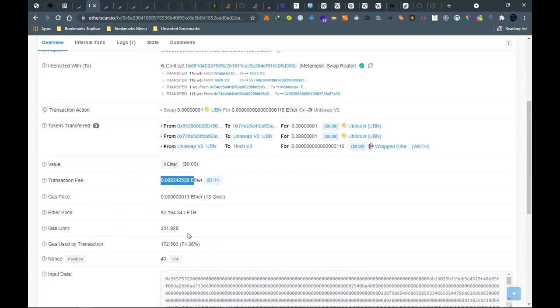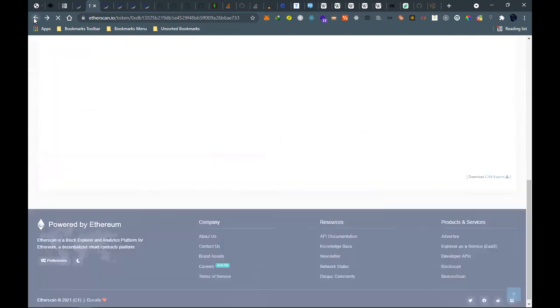The amount of coin that you are swapping so that you can get this is quite low, because it's actually $0.00. So you are paying $7 to get $0.00. Wow, that was 15 days ago.